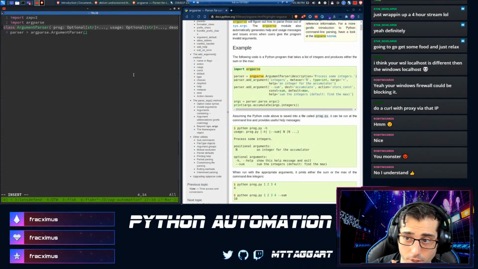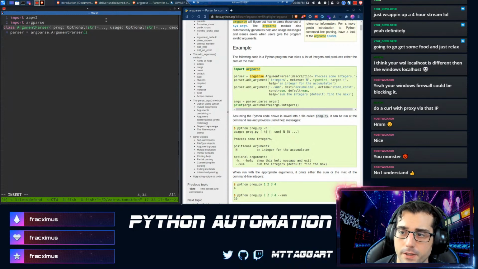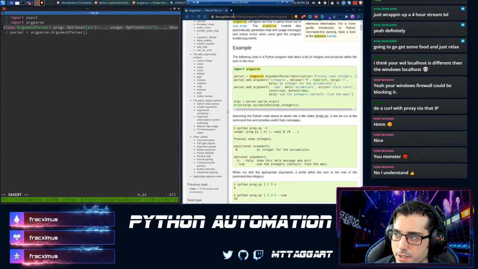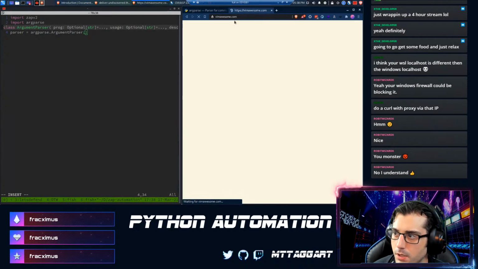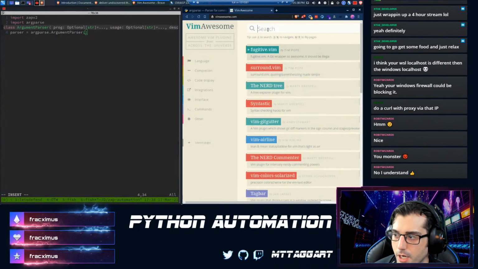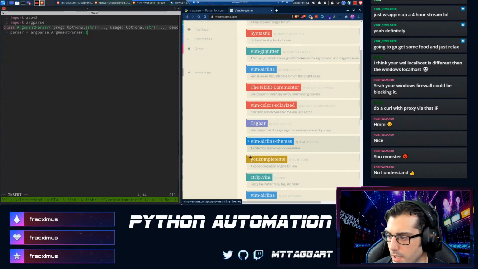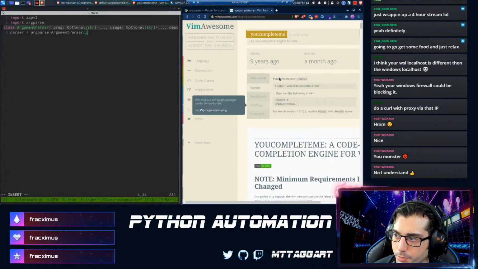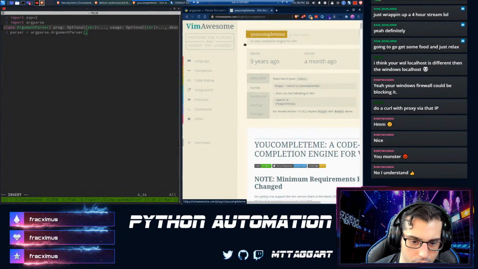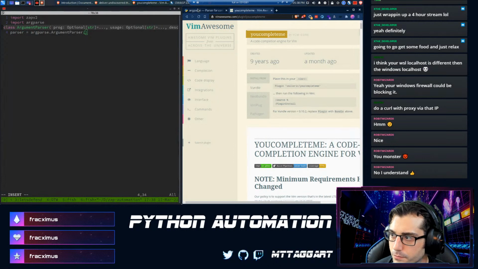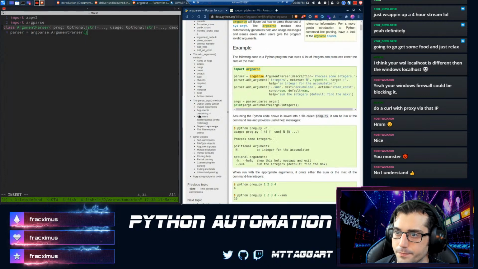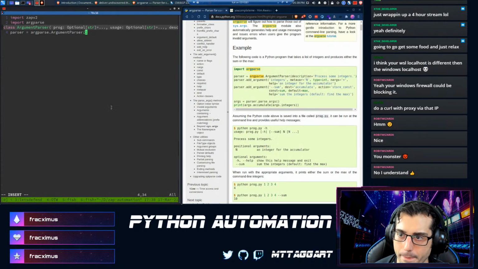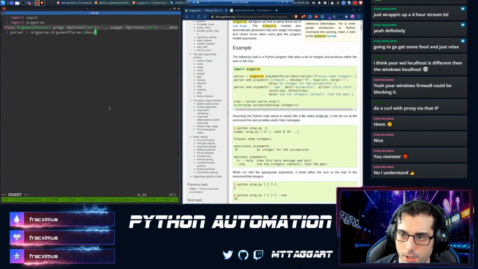By the way, in case you're curious what I'm using for Vim to get my auto-completion going, it's from vimawesome.com. I'm using vim-plug as my plugin manager, and yeah, I knew it was going to be at the top. YouCompleteMe is the completion engine that I'm using. Very easy to install with vim-plug. Could I use VS Code? Yes, but that's not as fun. So we're going to give it a description.